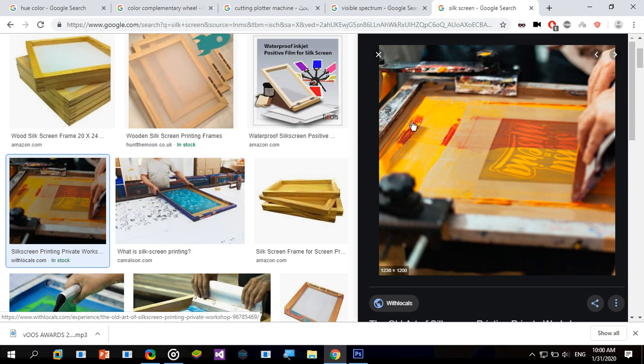This material is a chemical material which reacts with energy, which may be light, UV light, or heat. If it is light, like UV light, fluorescent or sunlight, because part of the sun's light is UV,